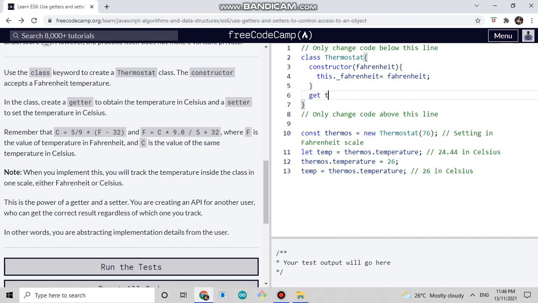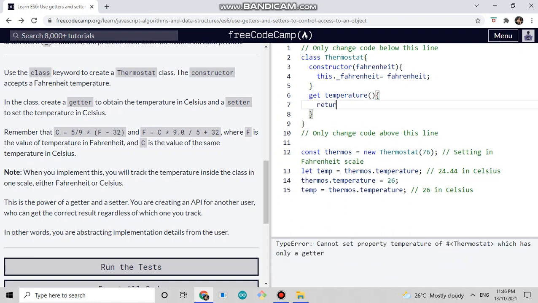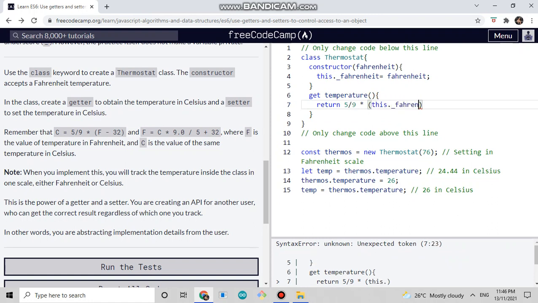So get temperature: return 5/9 times this._fahrenheit minus 32,